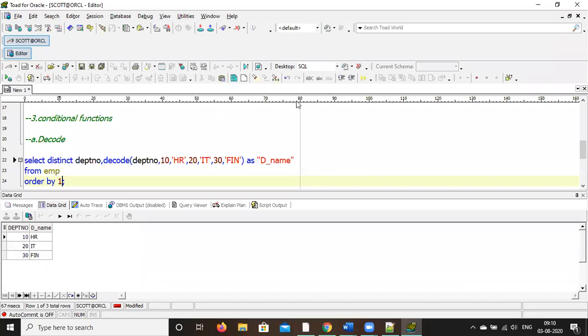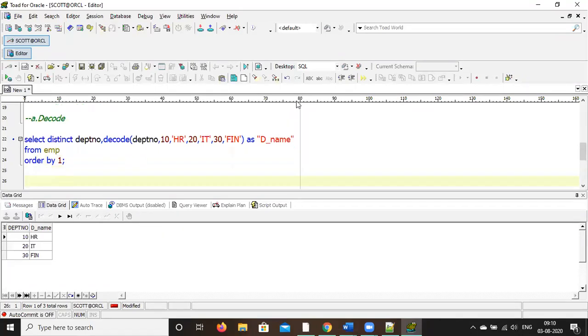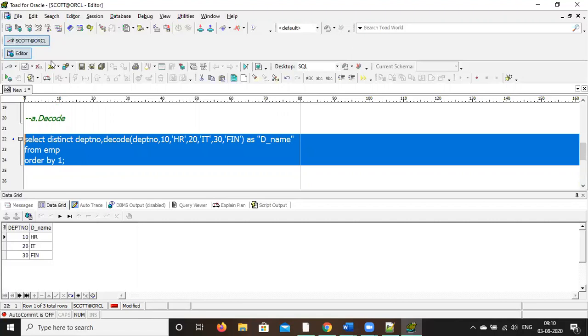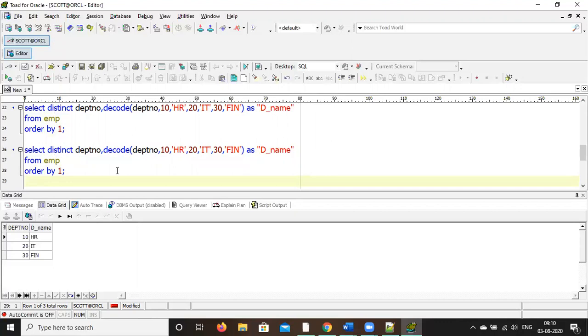Okay. Suppose you want to write one more. Select, same thing you write. Copy and paste the same thing. So after HR, comma, 20 is there, right?